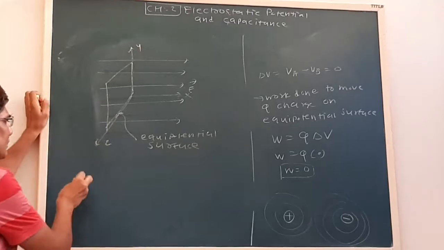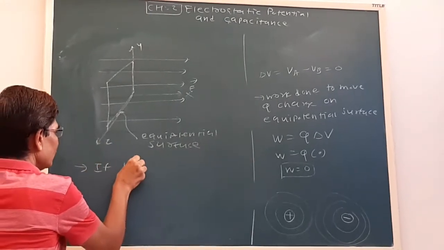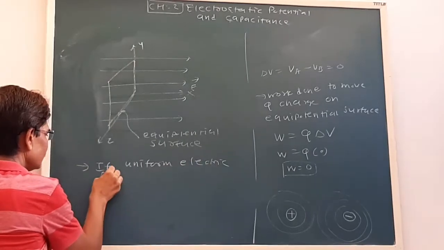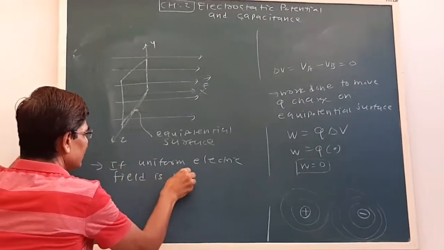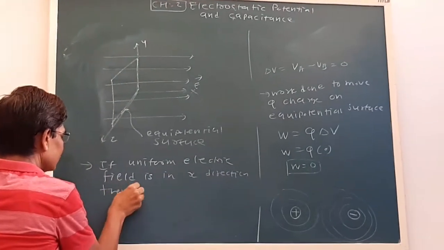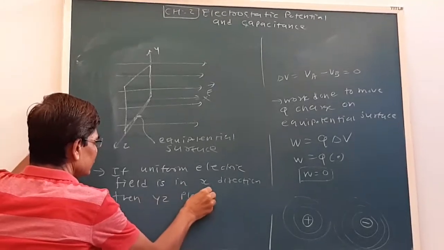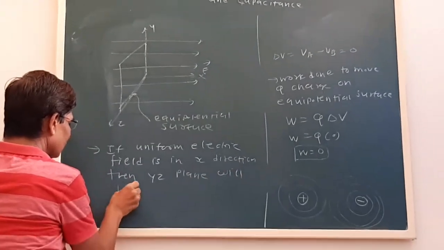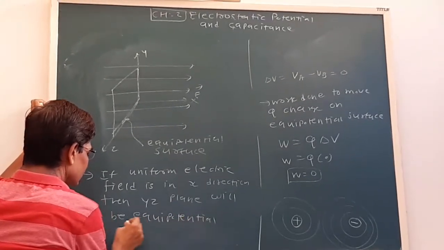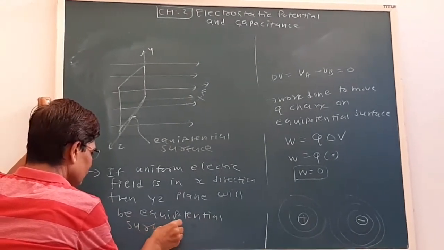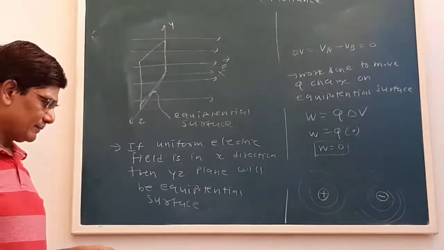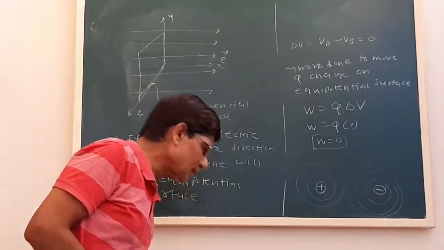Okay, so we can write like this: if uniform electric field is in x direction, then the YZ plane will be equipotential. So this is how we can know about the equipotential surface. Now next we have to see